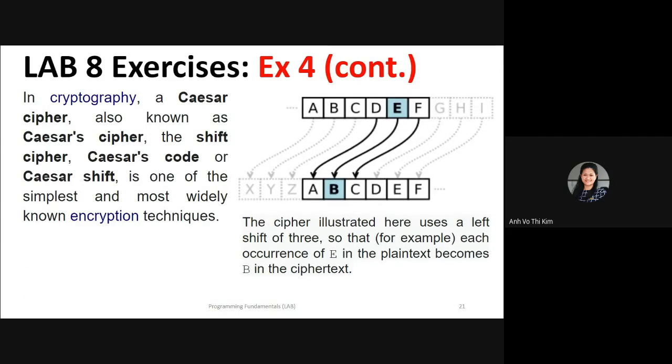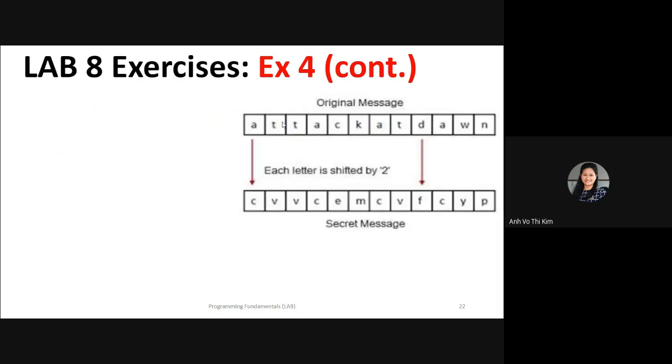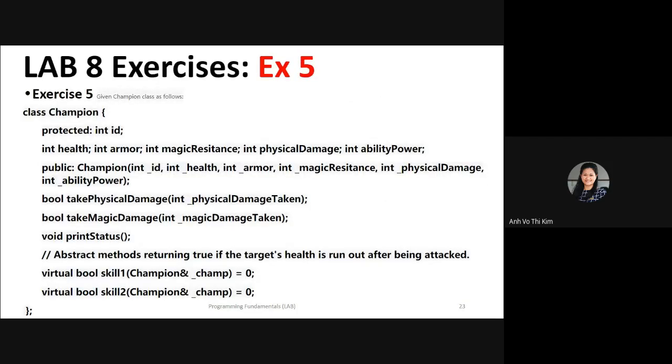Coming to the last one, okay. Lastly, coming back to the class Champion. All right. We have the integer. Now we have the protected members: health, armor, magic, regen, etc. We have a champion. We have the extra functions: take physical damage, take magic damage, and we have the status. We have the methods, abstract methods,